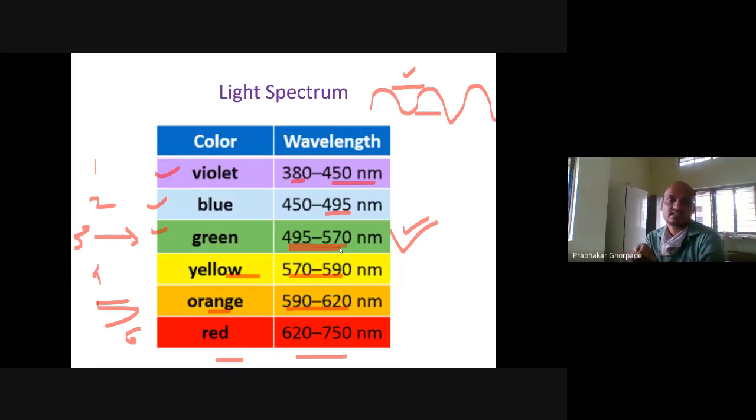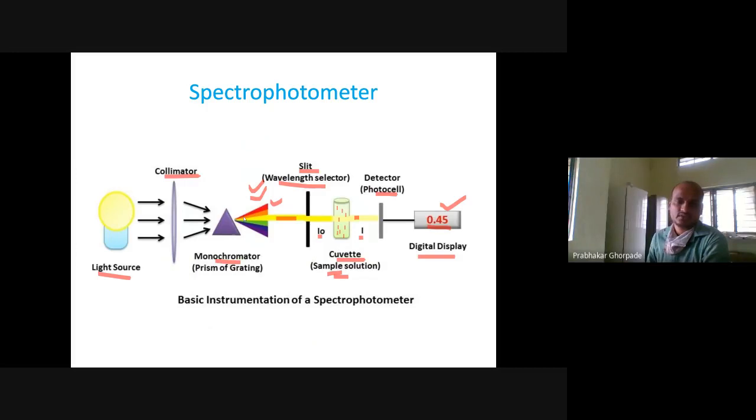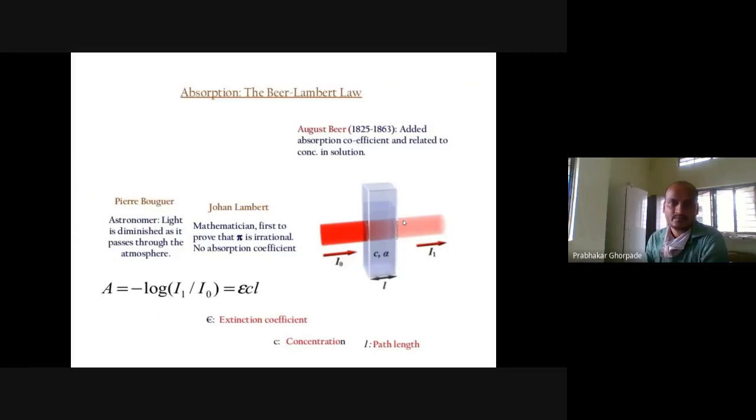So that is why we select a particular filter when we are taking the spectrophotometer reading, so that we can pass the particular light. For example, if you select the third filter, the green light will come and we have to pass it through our sample and measure the optical density. Okay, so that is there.